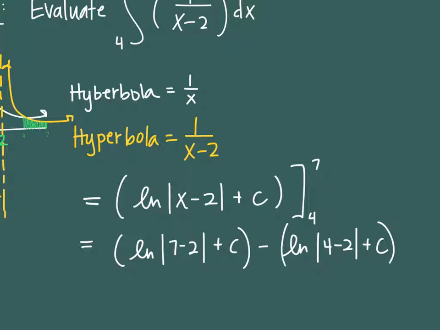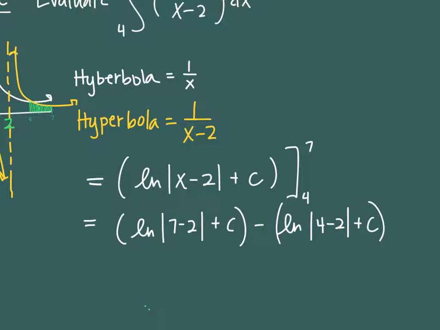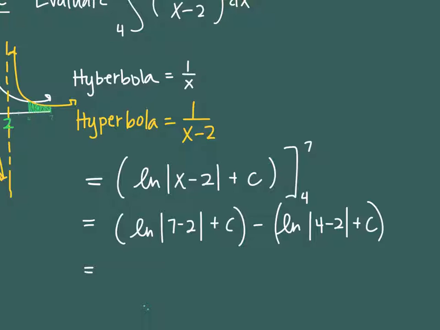Now ultimately I don't need the absolute values here because 7 minus 2 is a positive number and so is 4 minus 2. So I'm going to have the natural log of 5 plus c minus the natural log of 2